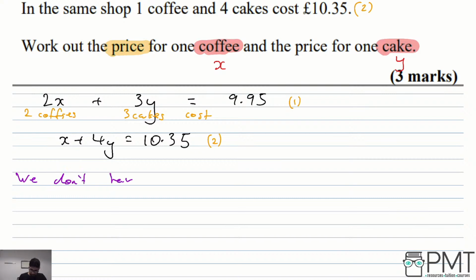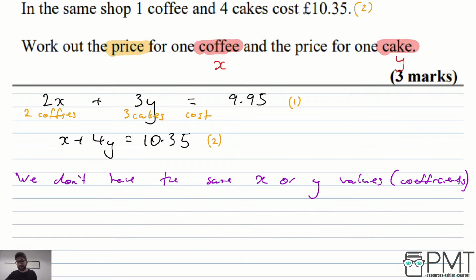We don't have the same x or y values or coefficients. So what's in front of x or y is not the same in the two equations, so you can't just add or subtract. So what you need to do is times the second equation